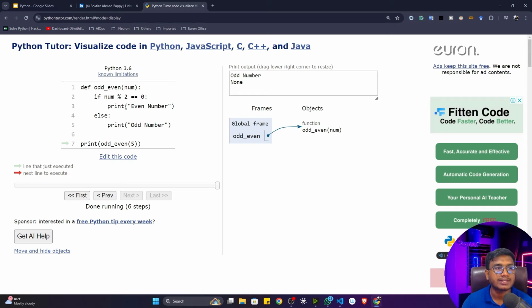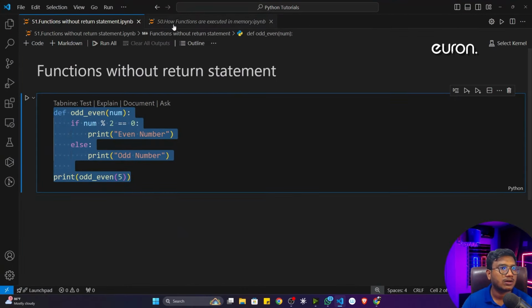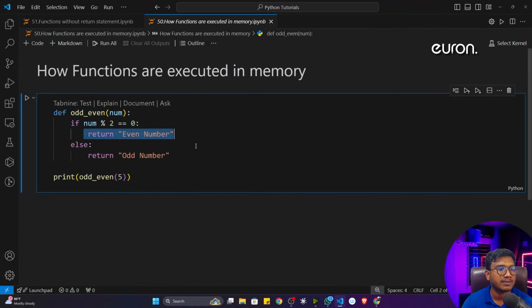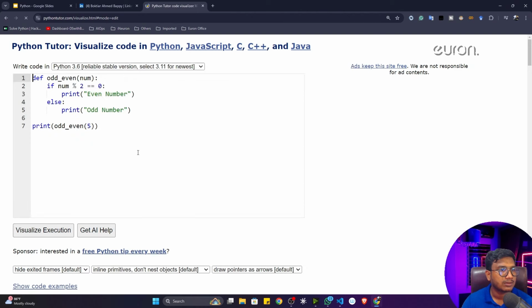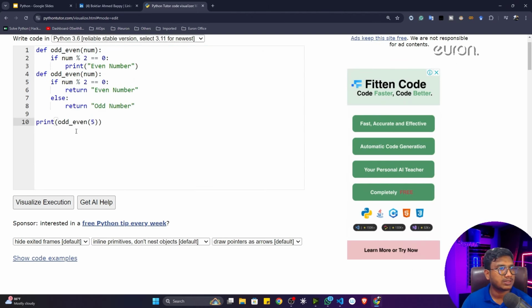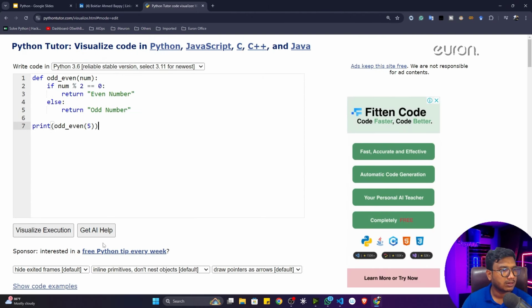But whenever you are using return statement, it is returning this particular message. Okay, it is returning this particular message. I think I showed you my previous example. See, it is returning this particular message, and that's why you can see this particular return statement. Let me show you. If I copy this particular code and if I just paste it here,